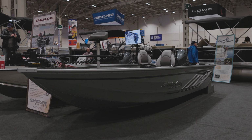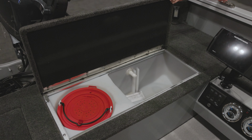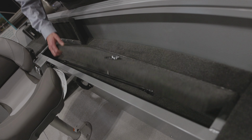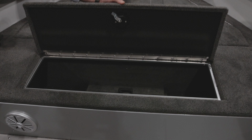Hello, how are you? So this is, as Avery just mentioned, the Excursion series that we have. In this series, we've got 24 different models, 16 and 17 feet, Standard and Pro, and then we also have side console and full windshield versions. So this model here is our 16-foot Excursion. Some of the features are a large air-rated recirculating live well, we've got large